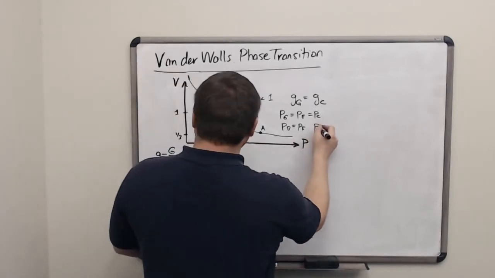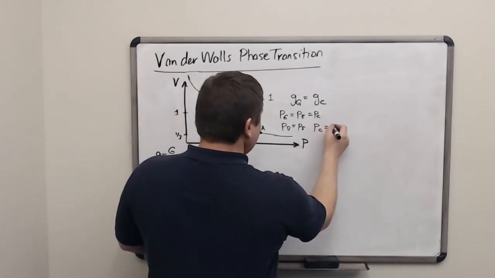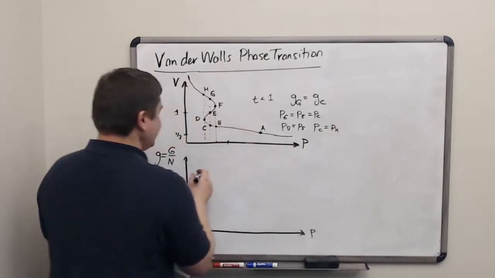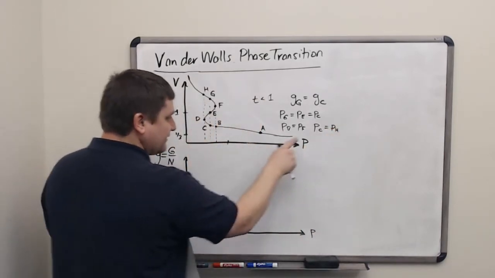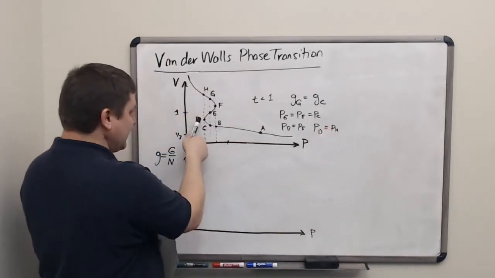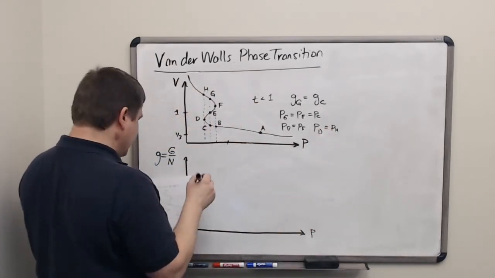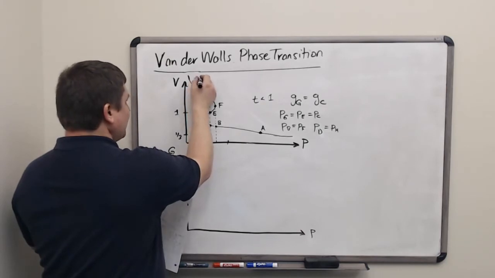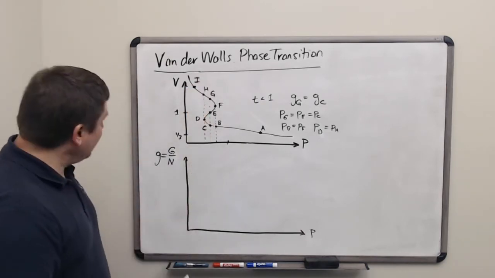And the pressure at C is equal to the pressure at H. C is the pressure, sorry, not C, D. D is the pressure at this minimum point here. And then one more point to label, as if there weren't enough, we'll put a location I out